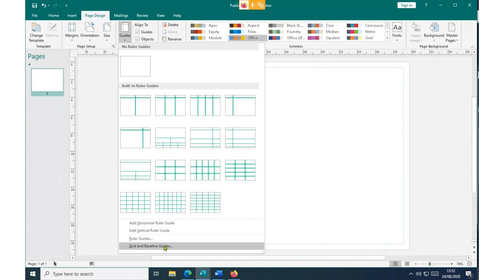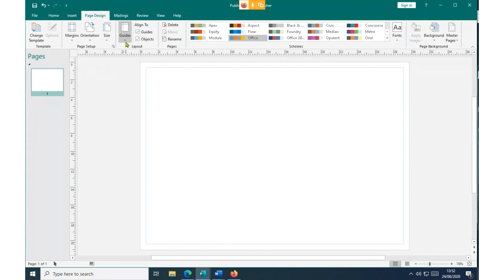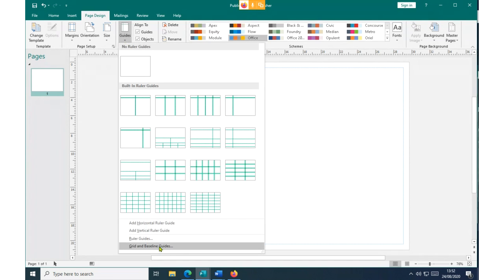We want to put some lines that enable us, when we are putting our content into this page area, to place it precisely on its location or position without any problem. So we use what we call grid lines and baseline. To divide a page into columns, we always click on Page Design, then click on Guides, then click on Grid and Baseline Guides.